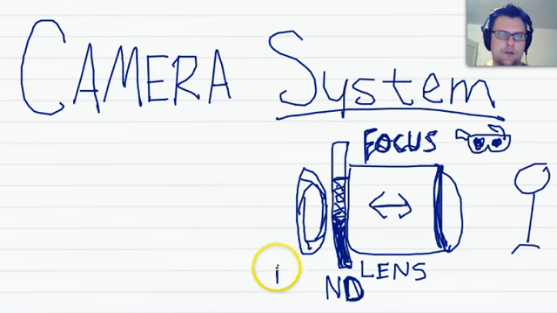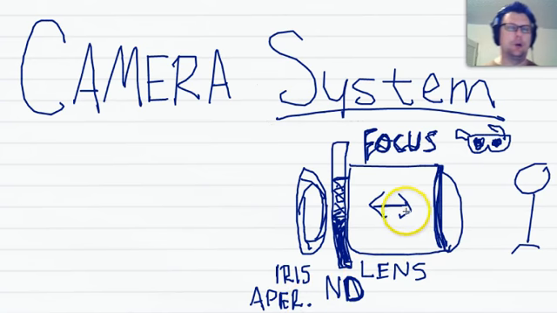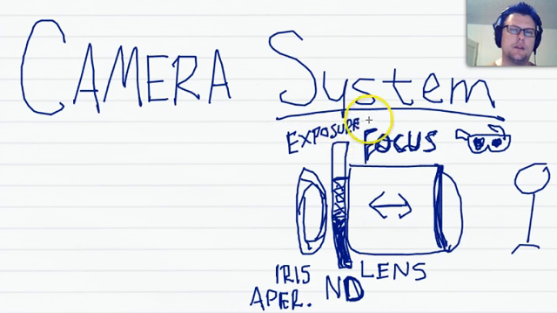This is the iris, also referred to as the aperture. There's an R in there. I'm going to abbreviate it as aperture. And this is, together with your neutral density, going to be in charge of most of what you need for your exposure. And exposure simply means how light or dark your picture is going to be, and the elements in